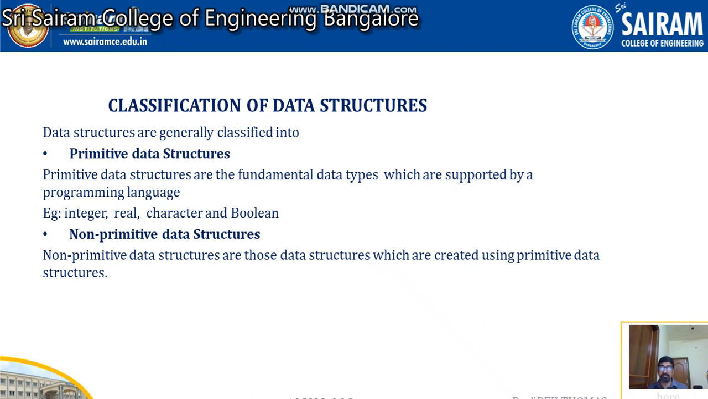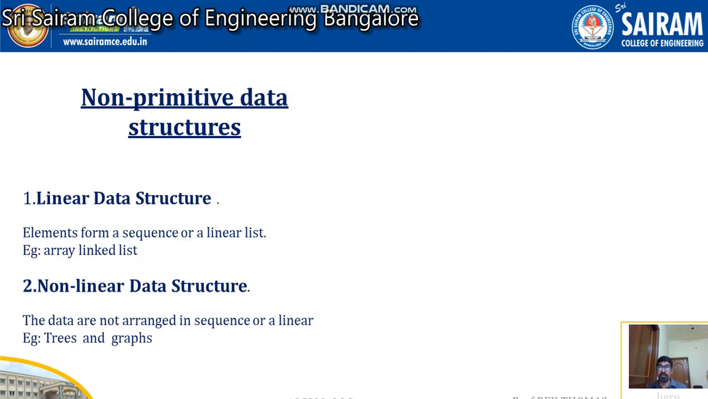non-primitive data structures. So for example, we have something called linked list. This you study in the first year. Then we have something called stacks. We have something called trees. We have something called graphs. Everything is non-primitive data structures. Next is